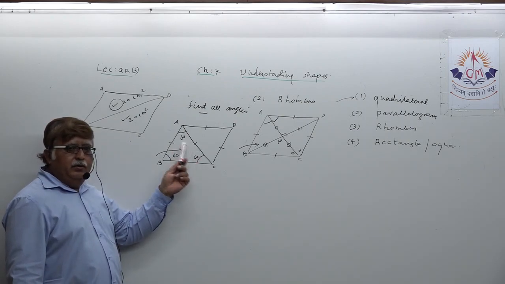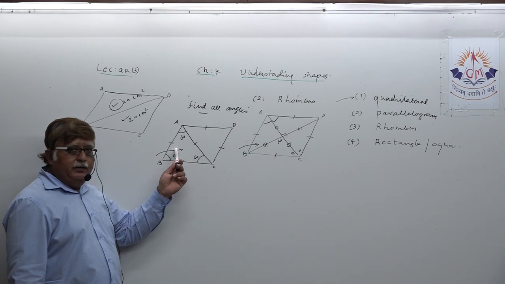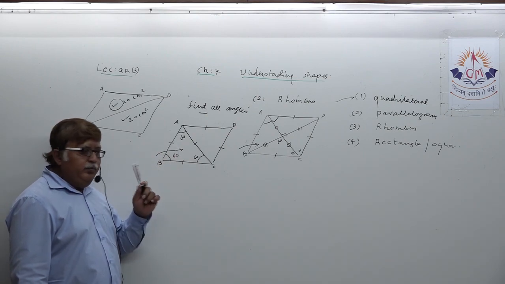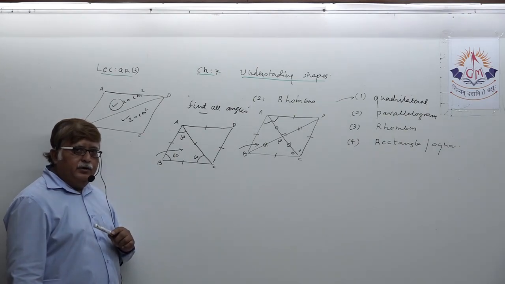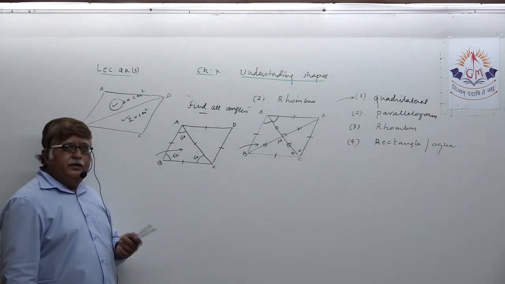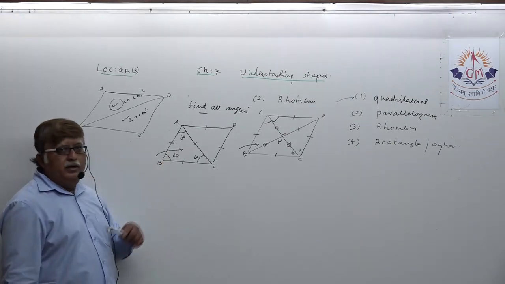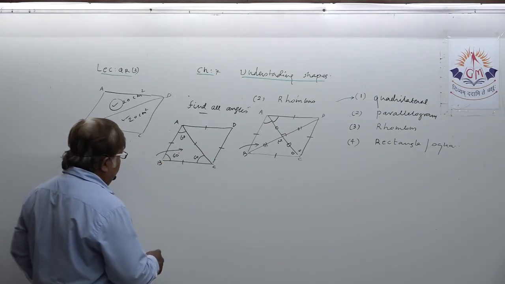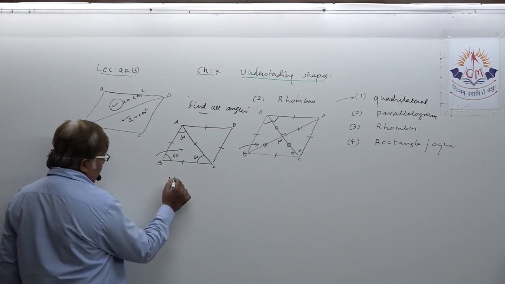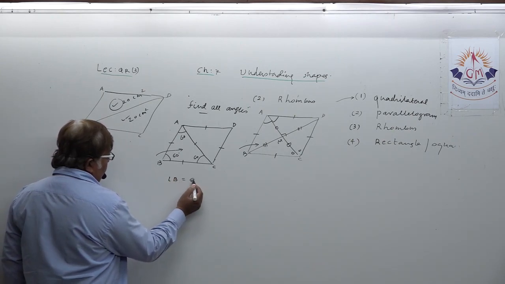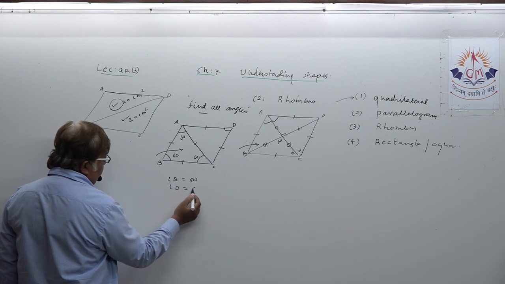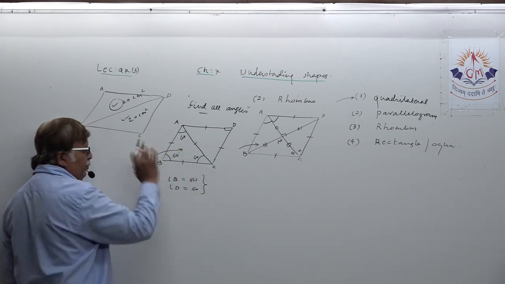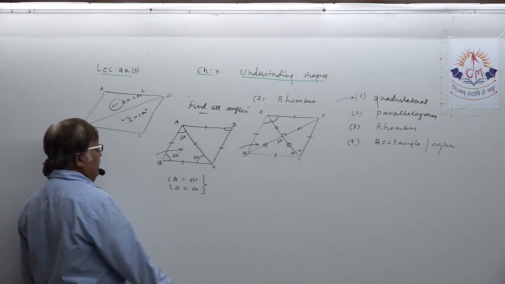One diagonal is equal to the side. That means this will form an equilateral triangle where all sides are equal, so all angles are equal, all are 60 degrees. So B is 60, okay? So that means D is also 60, because opposite angles are also equal in a parallelogram.